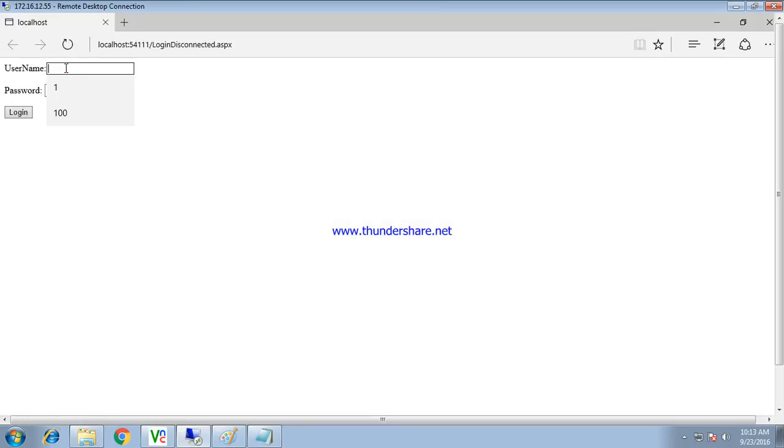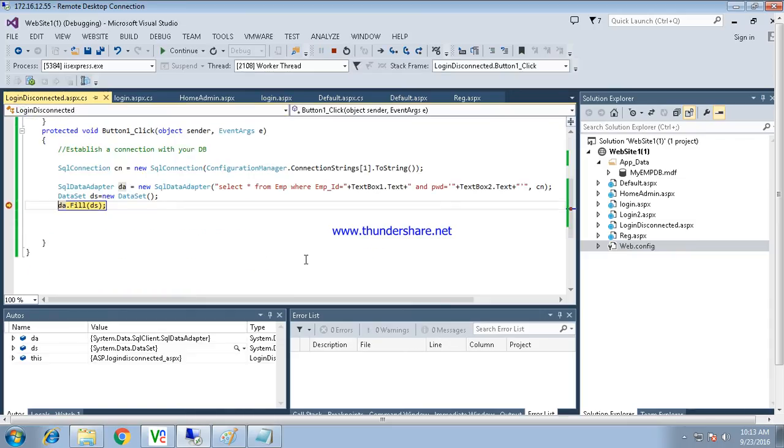What I'm using is username 1 and password ABC, and now when I click on this login button, please see, we have a data set. Currently this statement is not being executed. But you can see the data set by just putting the mouse cursor over there. You can see the content of your data set by clicking on this icon.